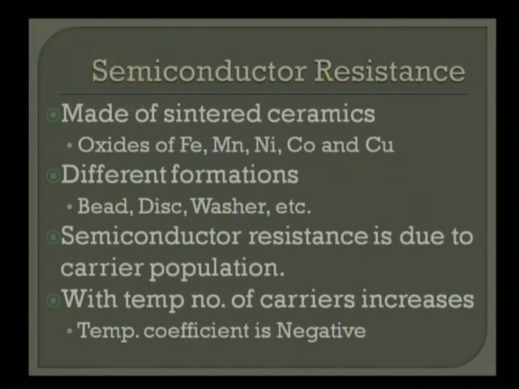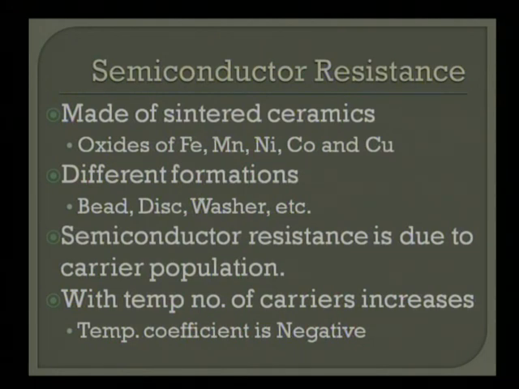Semiconductor resistance devices. Normally semiconductor devices, as we have discussed, generate larger amounts of carriers at higher temperatures. So with the population of carriers increasing, the resistance drops. What are the materials being utilized? Normally these kinds of resistance devices do not use silicon or germanium. Instead, they utilize different oxides of ferrous, manganese, nickel, cobalt and copper in order to make sintered ceramics. These sintered ceramics show semiconductor property, and they can be utilized for manufacturing devices called semiconductor resistors, or more popularly, thermistors.